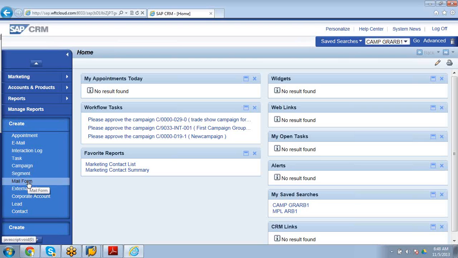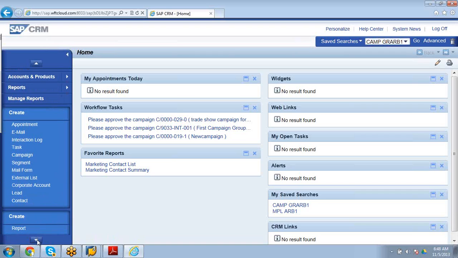Mail form means how it has to appear in the printout. External list, from outside, how to bring it. Corporate account, the real corporate related account. So lead, contact, these are different things which are direct create.